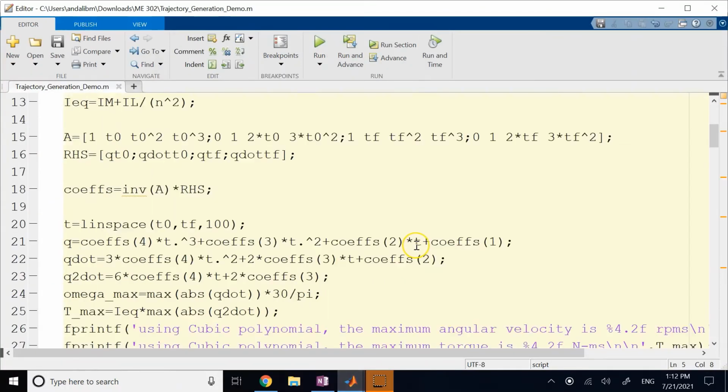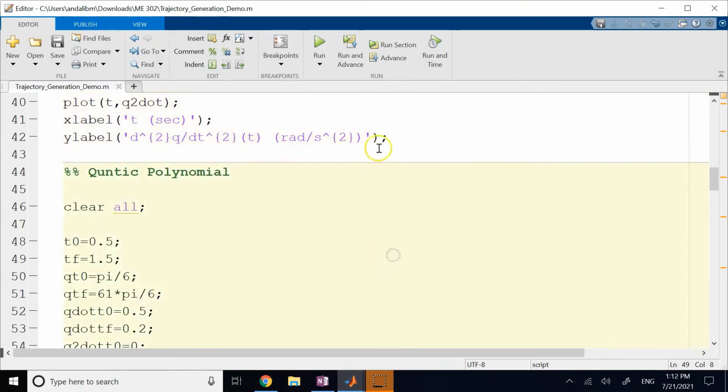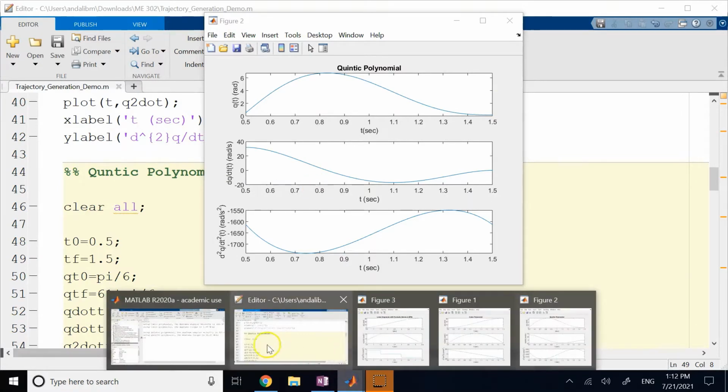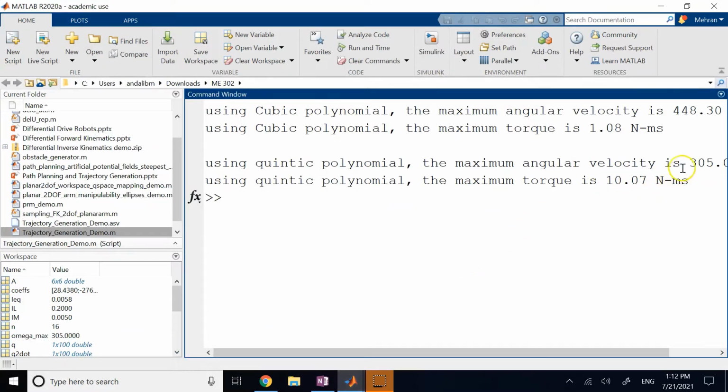Now here I'm gonna do the quintic one, and this is how the plot would look like for the set of numbers that I provided. And now if you look, your maximum RPM is even less than the cubic one, but if you look, your maximum torque is way larger. Okay, so that's another thing that you have to consider,